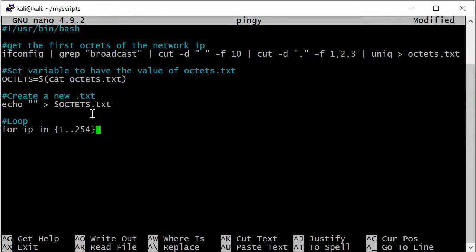Okay, so in this loop, we're going to begin by setting a variable. We're calling it IP, and we're giving it a range. The range is going to be from 1 to 254. That's the variable we're going to tag on the end of the octets. So we're going to have the first 3 octets, and this is going to become the 4th octet of the